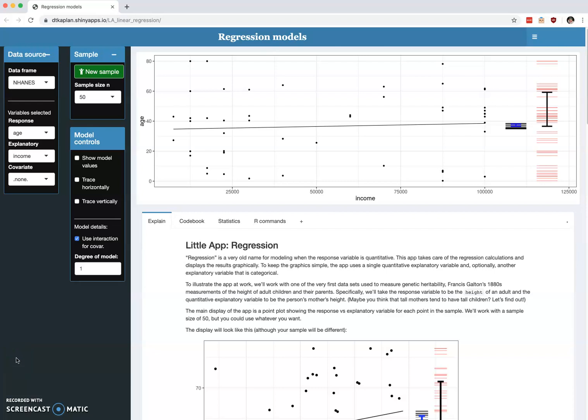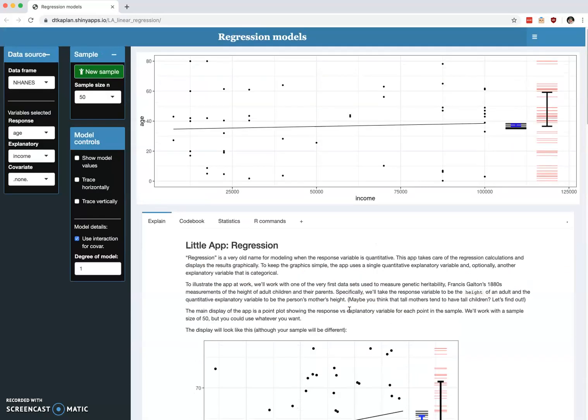In this video, you'll learn how to use the Regression Models app to complete your activity in statistics. First, you'll notice that there's a number of frames here. There's the data source over here. There's ways you can take samples and get information over here. You'll have in the middle of your screen a scatter plot of your data, and then down below is some